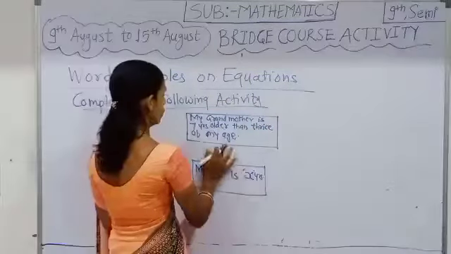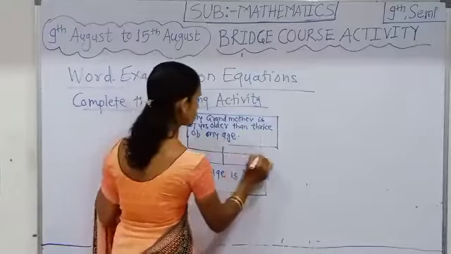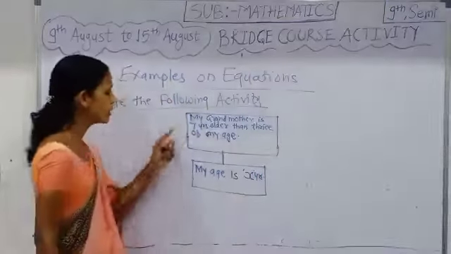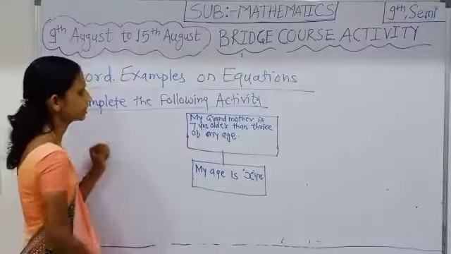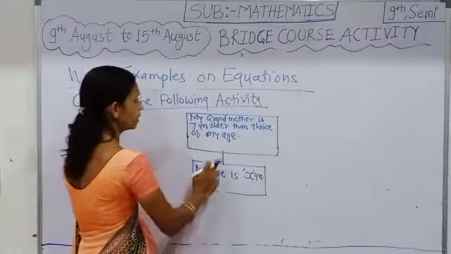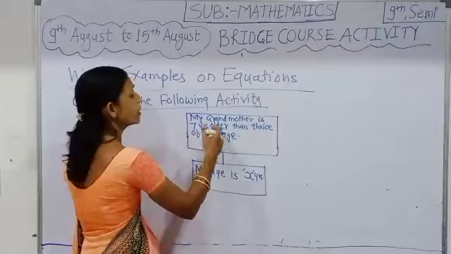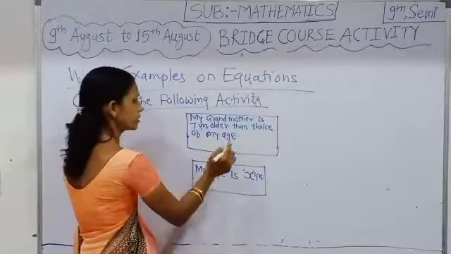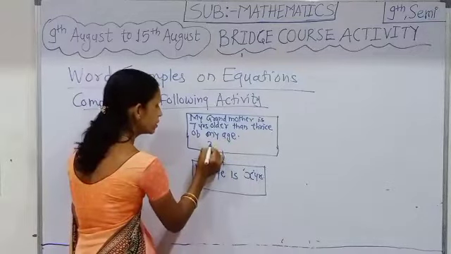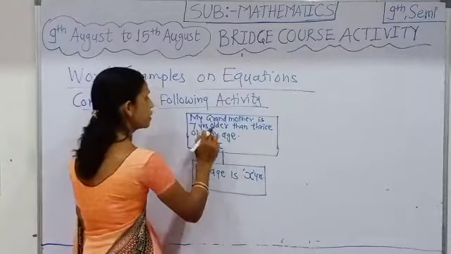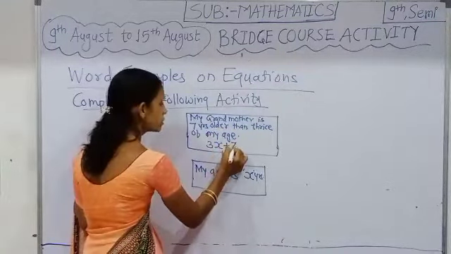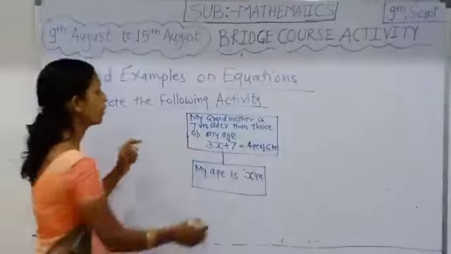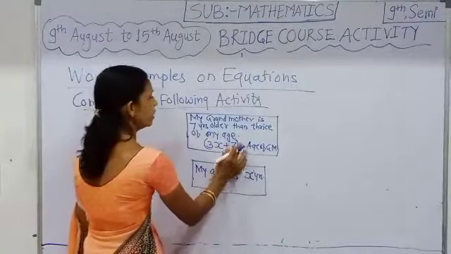We can write the equation by considering that condition. Grandmother is 7 years older than thrice my age. Thrice my age is 3x, and 7 years older means 7 more, that is 3x plus 7